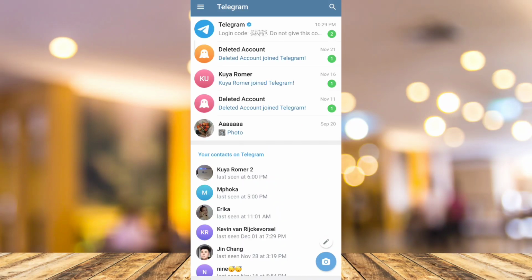In this video, we're going to show you how to get your Telegram profile link. So first up, open your Telegram, and here we have two ways on how you can get your Telegram profile